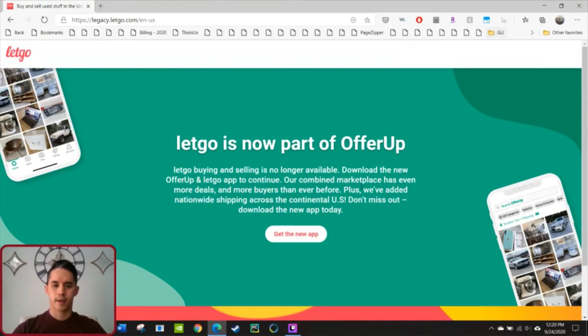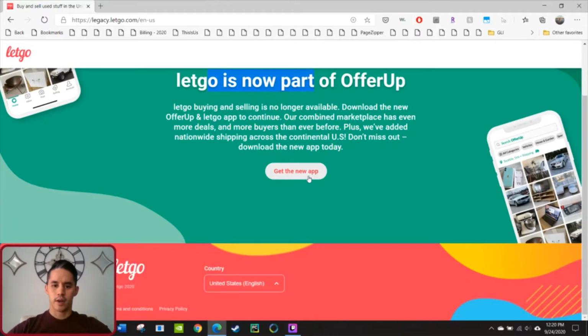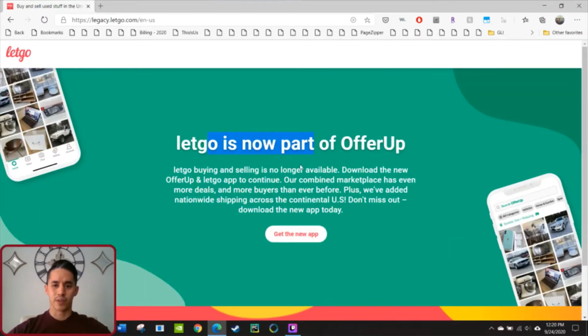Everybody, I'm just going to do a quick video to address the Letgo and OfferUp merger that happened. As you can see from the website here at legacy.letgo.com, Letgo is now merged with OfferUp. They do not have a way for you to go and see your old listings, get any of the details that you would need to import your previous Letgo listings